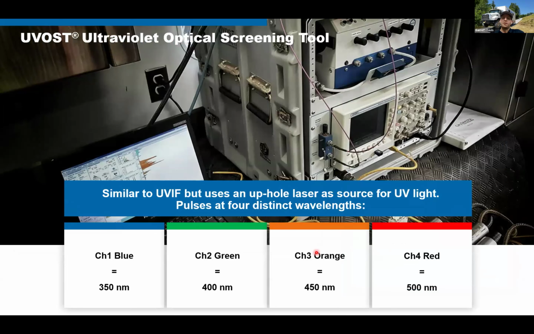Another add-on probe that also uses a laser is the UVOST, or ultraviolet optical screening tool. It's similar to the UVIF, where the module contains a window in which a laser is emitted into the soil. But this particular laser pulses at different wavelengths, which can be used to identify contaminant types, aging or degradation of the contaminants, and relative concentrations. It uses the 4 wavelengths there on screen,